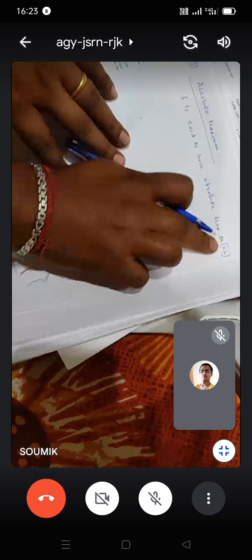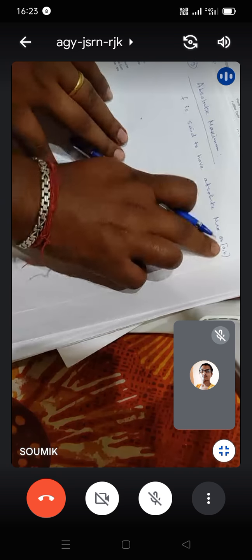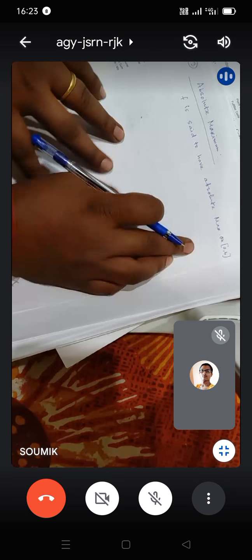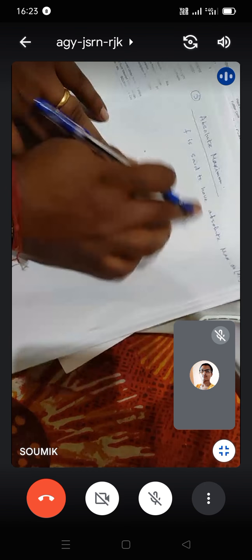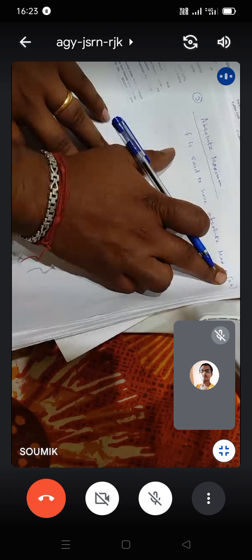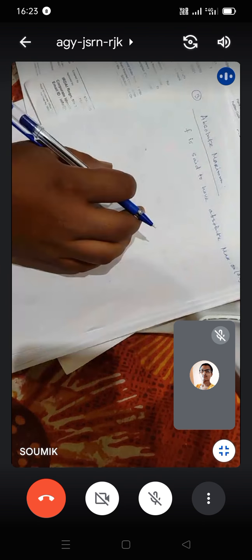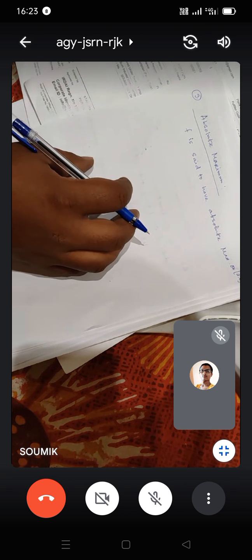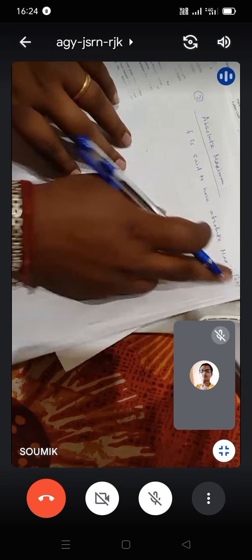Here the third bracket we call a closed interval AB. So f is said to have the absolute maximum on the whole interval AB